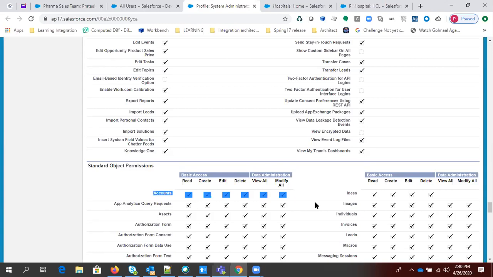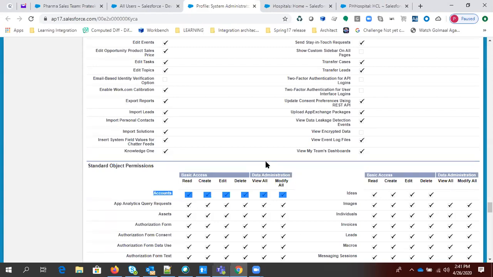This permission will override each and every data security you have for that object in your organization. I'm repeating it again: if you have View all and Modify all permission on an object in the profile, it means no data security will be applicable for that object for that profile's users.